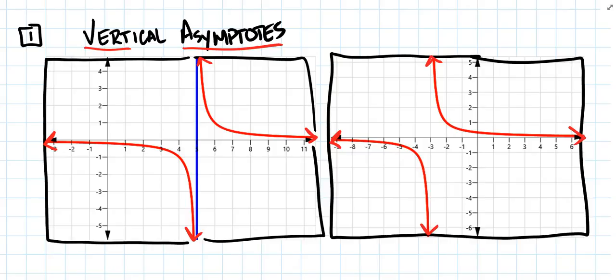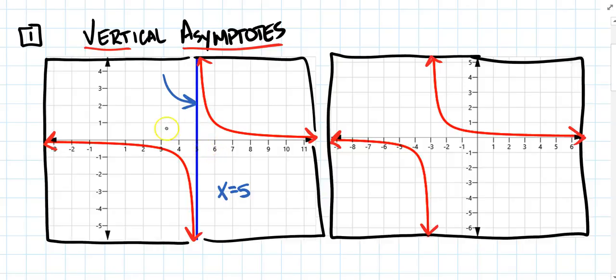The one here on the left, I've drawn in the vertical asymptote. It's this blue line right here, and it's over the line x equals 5. This will be the equation x equals 5. So what is a vertical asymptote? Well, a vertical asymptote is a line that kind of divides the graph into 2 parts here on the left